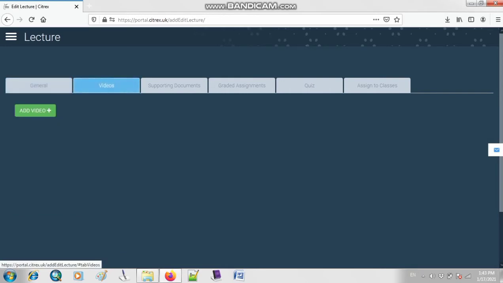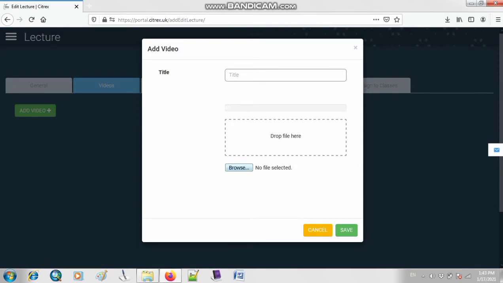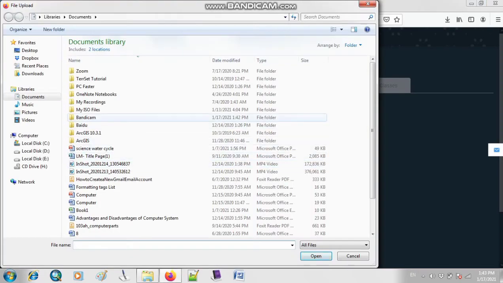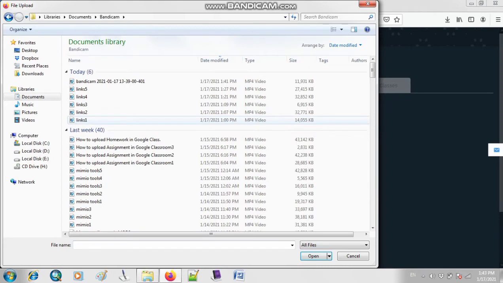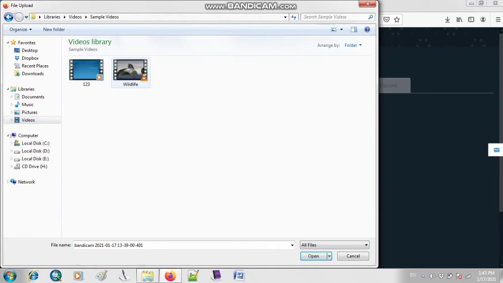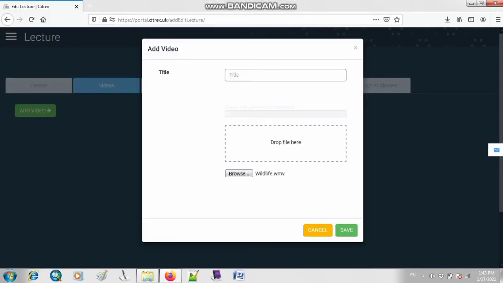And then here you can attach any video. For example, if you have a video, I'm going to click on this option of browse, and here I will click in videos, sample videos, and here wildlife video. So now the video will start appearing on your screen, so it will take some time.